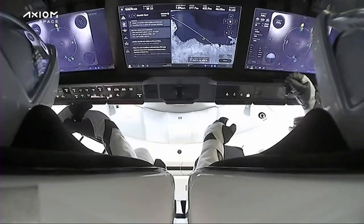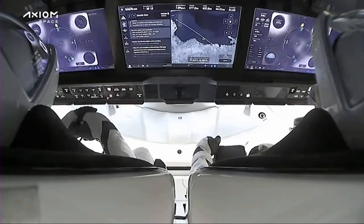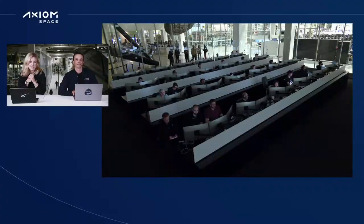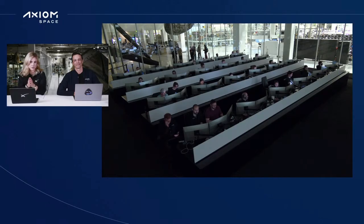So you can actually, looks like it says there deorbit burn, which makes sense. That's where we're at right now. After deorbit burn completes, we will close the nose cone. That will be the final physical change of the Dragon capsule prior to reentry. Of course, the nose cone is, as the name suggests, the cone at the top of the capsule. And while it's been in space, it has been open to help expose those forward bulkhead Draco thrusters, as well as